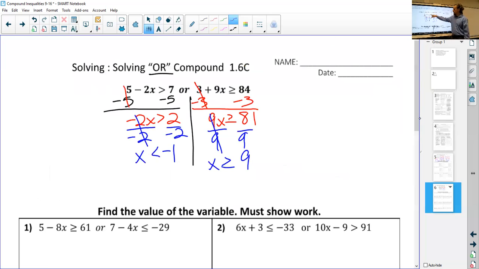Since it's or in the middle, it just means only one of these has to be true. And I know you kind of missed out. You didn't take geometry, so you didn't get the whole logic lesson about and or. But or means only one has to be true. So if we were to graph this,